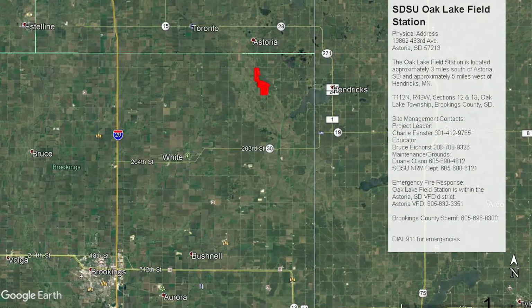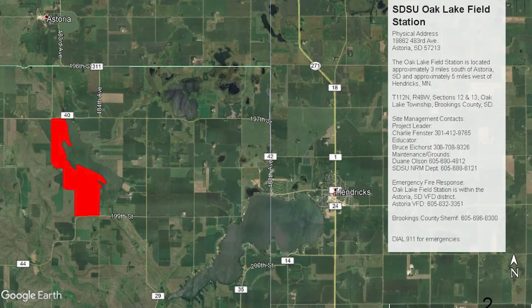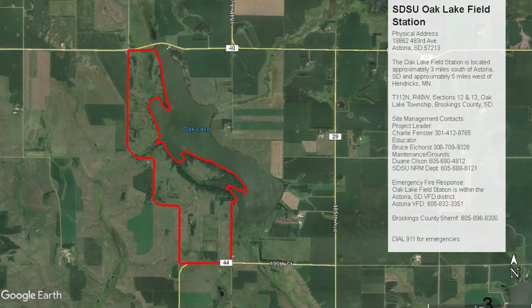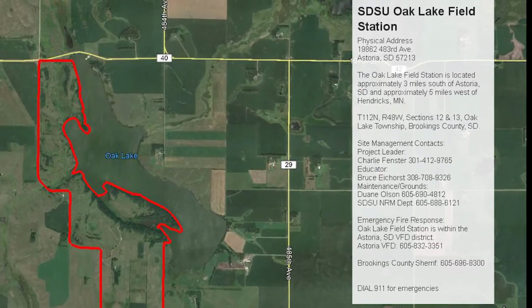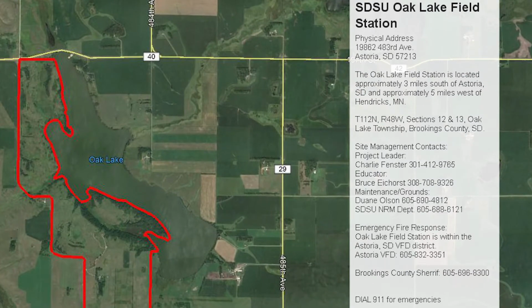On page one is our general map of where this thing is in relation to the world and the major towns around it. On page 2, it zooms in a little bit more. It's more for the local fire department. Page 3 zooms in closer. You can start to see what the roads actually are right here within a mile of the station. And all the contact information is in there.